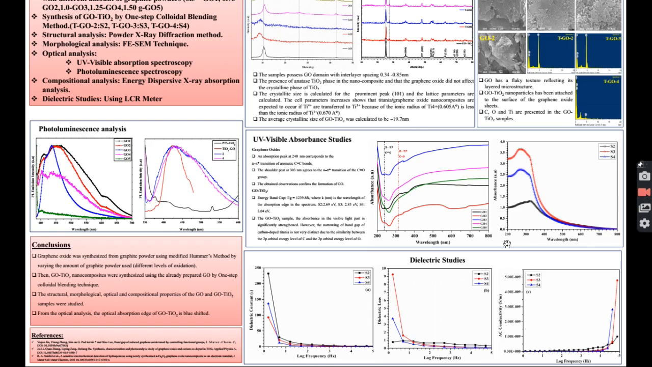From dielectric studies, I have calculated the dielectric constant, dielectric loss, and AC conductivity. Both dielectric constant and dielectric loss have their highest values at low frequency, which is due to space charge polarization. When going to the high frequency region, both dielectric constant and dielectric loss reduce, which is due to orientation and ionic polarization. For AC conductivity studies,